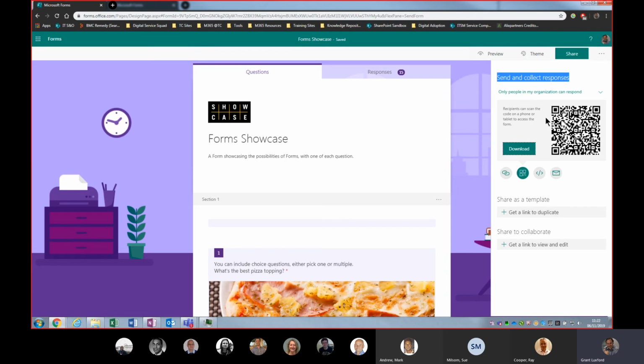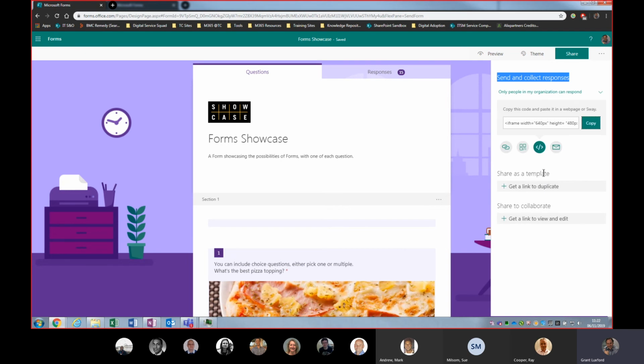The other option is a QR code. So I did this in the auditorium. So when people came in ahead of time, that was up on the big screen, so they could scan it on a mobile device and just for fun, just fill out the survey. But you could use this. You could print this out, put it up around wherever you're trying to gather responses. So maybe you're hosting a trade fair or some sort of a function. You can have the QR code up for people to scan. Maybe you're trying to collect contact information for people that you're talking to. You can just say, just scan that QR code on your phone, fill in the details, and I'll get the information. You get a downloaded image,